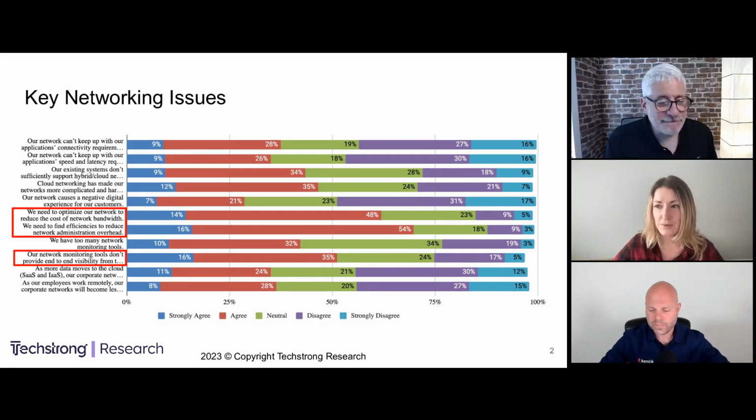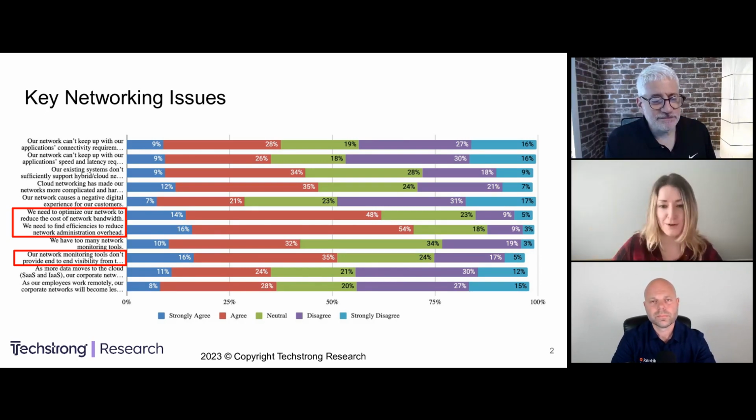I think that you talked about it falling on the shoulders of network engineers and network operators. I have never been a network operator or a network engineer, but I have been an application operator and an infrastructure operator. I've worked with a lot of those folks as they go on some of these transformation journeys, or maybe they're already transformed into a more service-oriented architecture. And I think the problems remain the same.